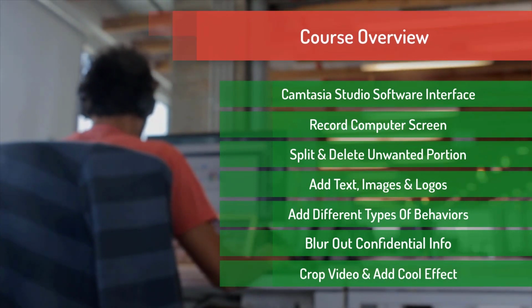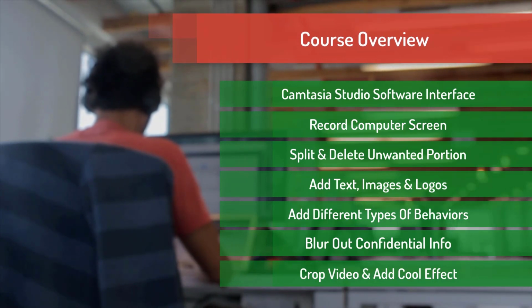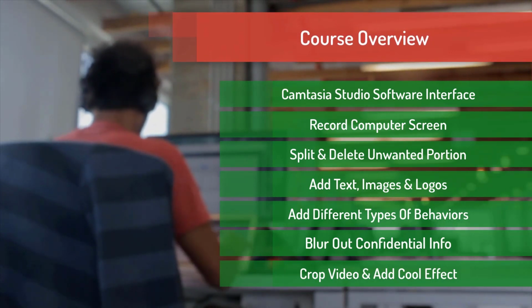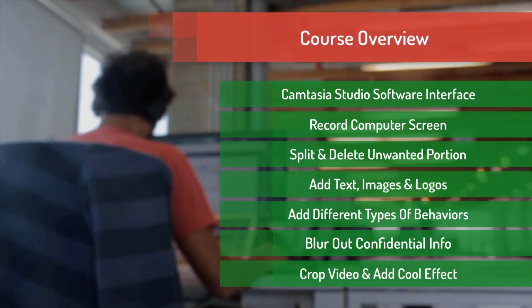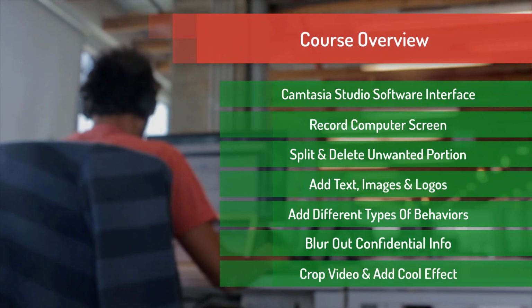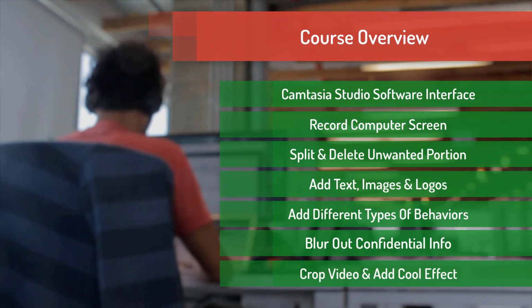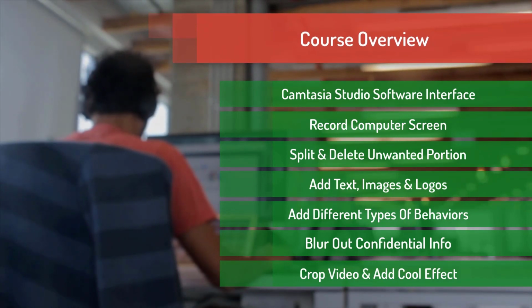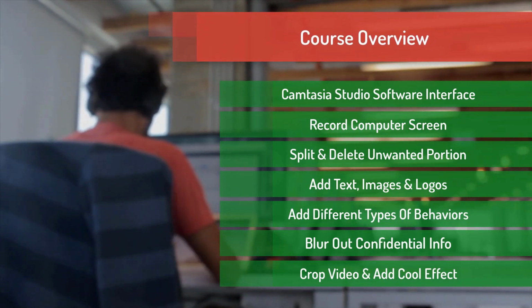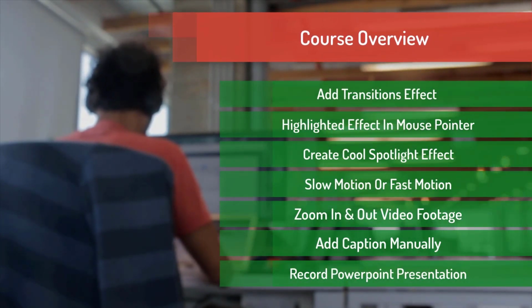At first, we talk about the basic interface of Camtasia Studio software. Then we learn how to record your computer screen, split and delete unwanted portions from your video, adding text, images and logos in your video, adding different types of transition behavior in our video clip, blur out any confidential info and watermark, crop video and adding some cool effects on it, adding different types of transition effects in our video,